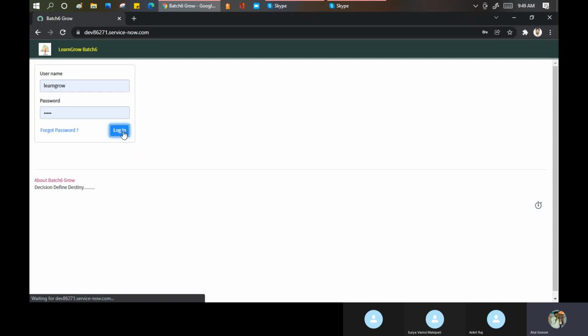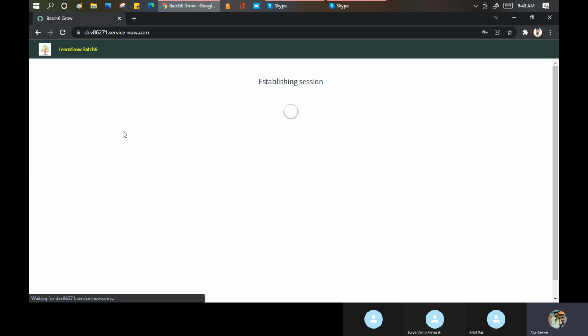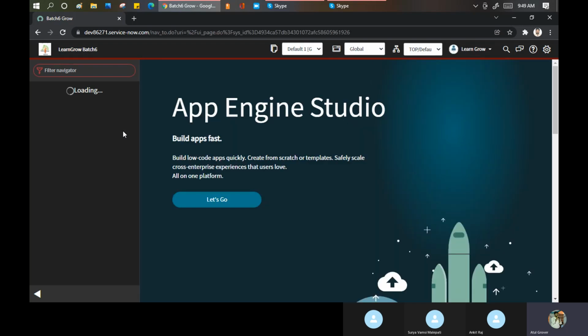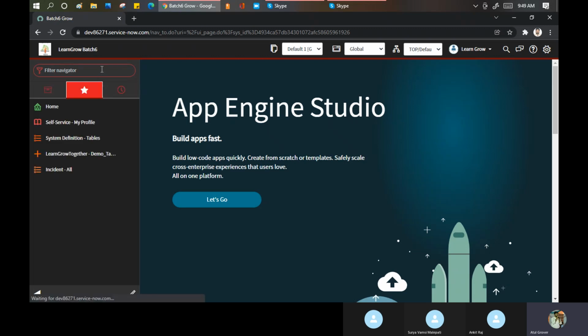Today we are going to cover two topics. Number one is plugin activation, and number two is application scoping. We saw plugin activation yesterday, and there are a few things I want to discuss, and then I can relate this topic with application scoping. As we discussed yesterday, a plugin is something which is not available out of the box and you install as per your need.